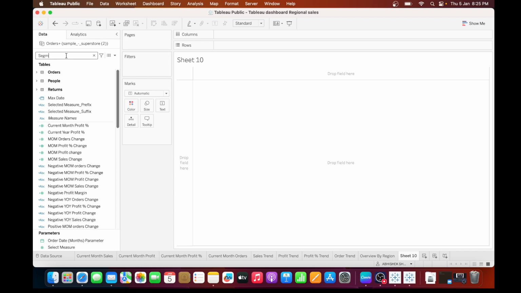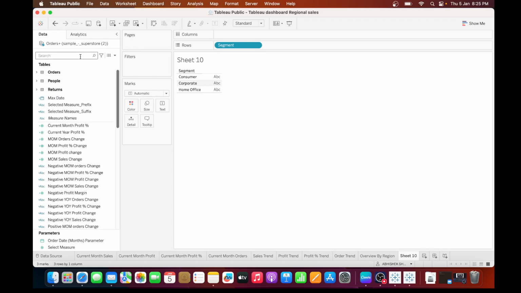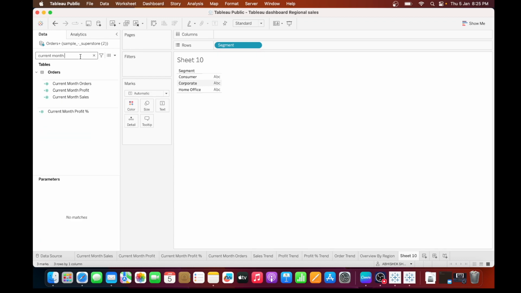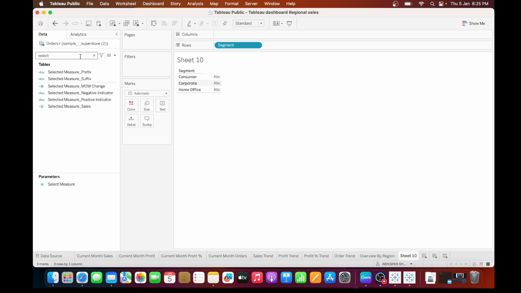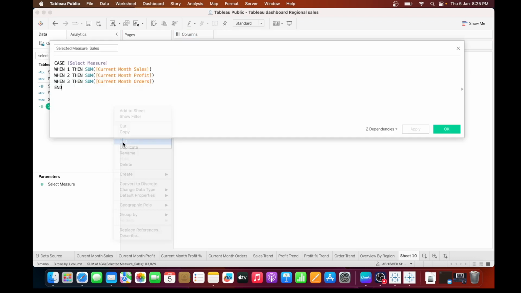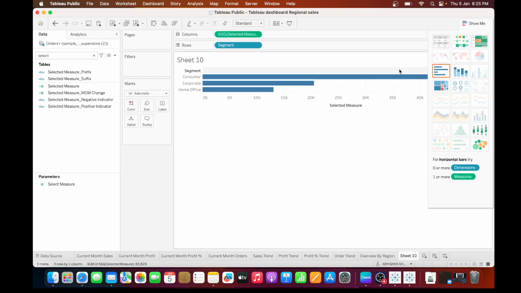Okay, first one is by segment. Drag segment in the row, and current month, and this is also based on the selected measure parameter. So we just have to drag the selected measure sales, and let's rename this here. It shouldn't be selected measure sales, it should be just selected measure, right? Because it's having sales, profit and order. See. So now I have selected measure here, make it a bar chart,